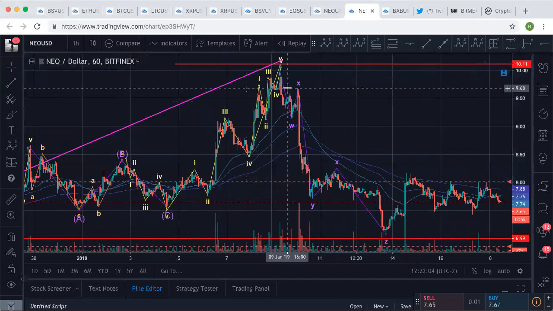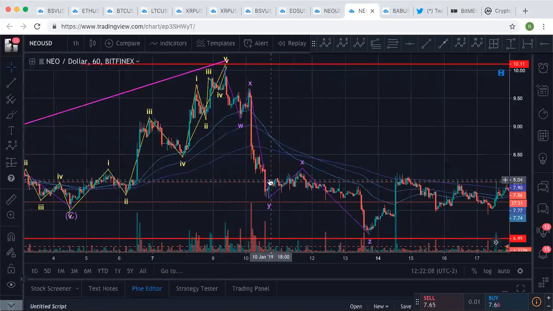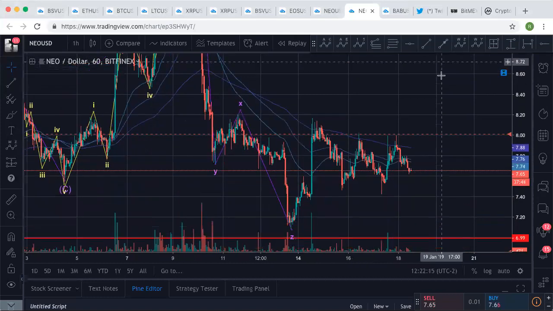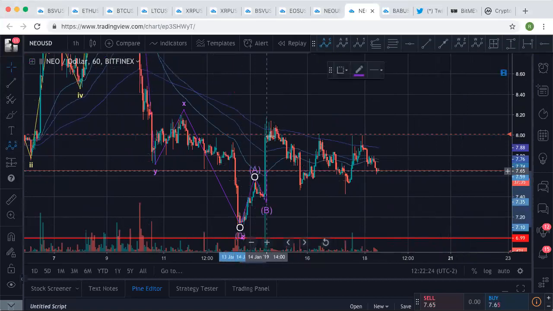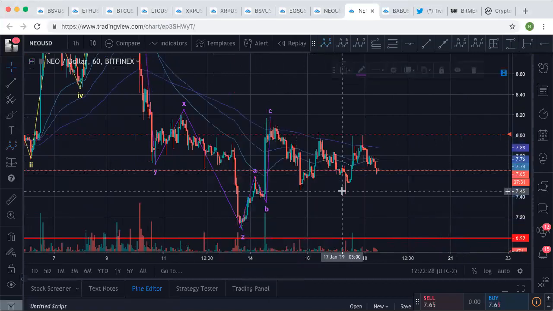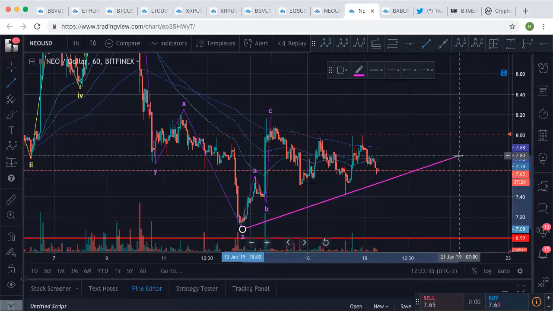So a correction, because we do only have 1, 2, 3 waves here, 1, 2, 3 waves there, 1, 2, 3 waves here, and a couple of X's. Then we come up here. Now, whether or not we're forming a triangle here, it would essentially be another X wave. So whether this X wave here is complete as is, as an ABC, or whether this is forming an X wave triangle of some sort,